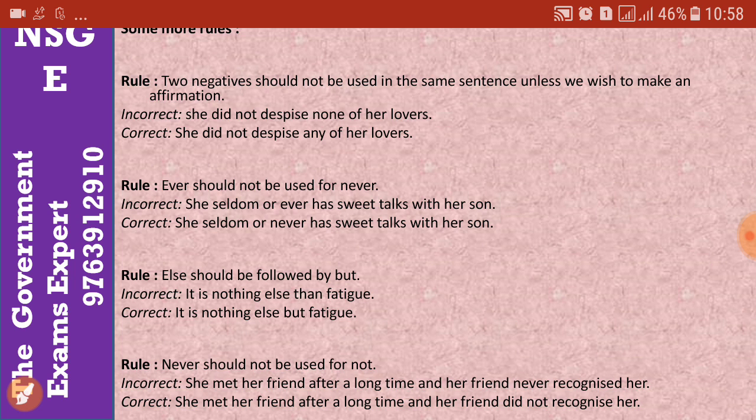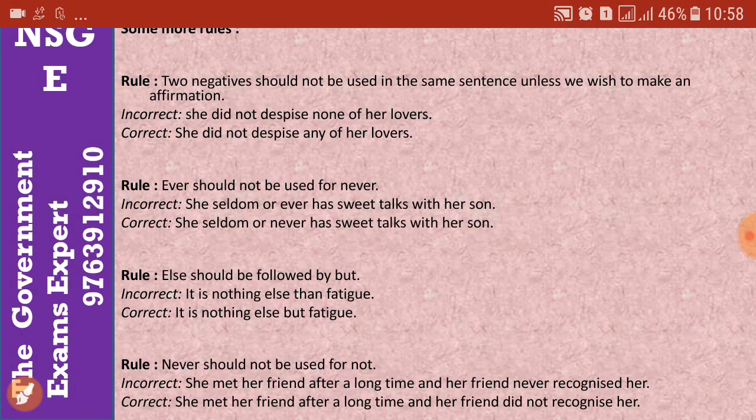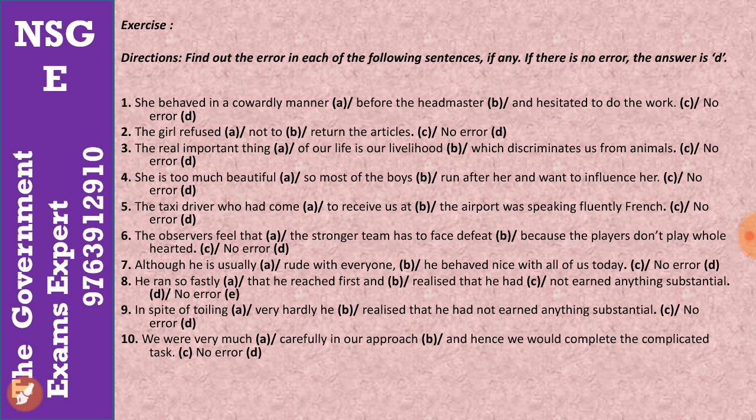Never recognize her, no. She met right now, so why are we going for the past? We always use the recent past. Okay, so we always use a statement like this. Let's have a look at the next one. Now we can check an exercise also.